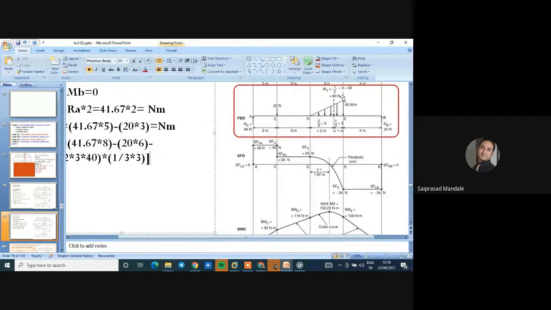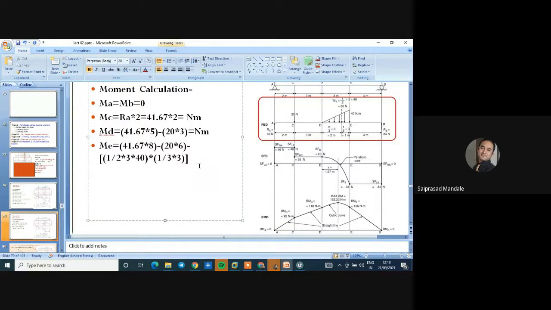See over here. This is a triangle, and the CG of that triangle, the line of action of force, is at a distance of 2/3 of length from 0 intensity and 1/3 from the maximum intensity. So right now I have to focus on the intensity and this distance. So distance is this 1/3. So I have taken here 1/3 of length. Whatever magnitude comes, Newton meter is the unit. So everybody has to make this calculation.